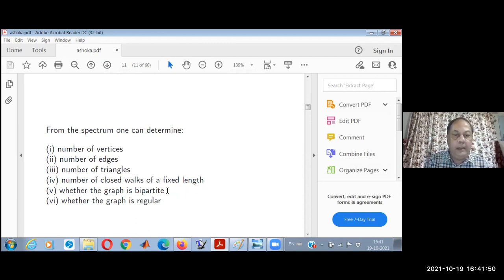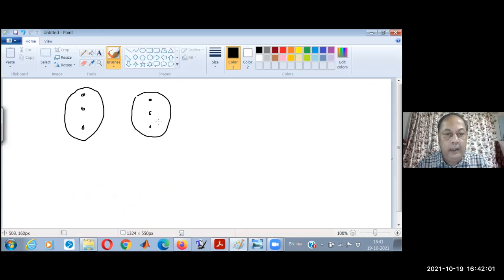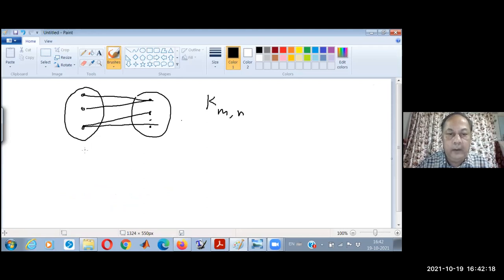So a graph is bipartite if there are, I think I'll just illustrate, 2 parts in which the vertices are divided. Here is one part and there's another part, and all the edges go across, then it is called bipartite. There are no edges within the set, and if all such edges are drawn, it is called a complete bipartite graph, that we usually denote by K_{M,N}. M vertices in one and N vertices in the other part, and that's a bipartite graph.